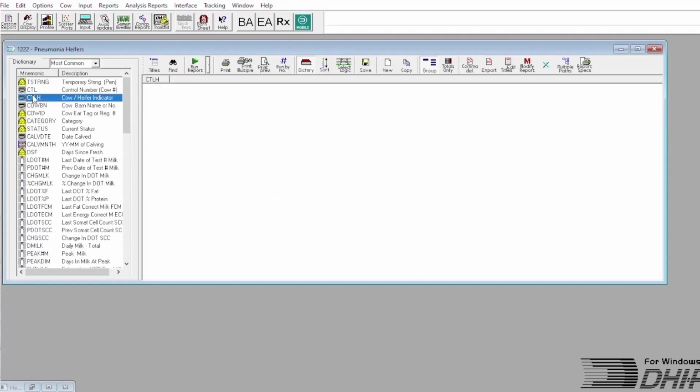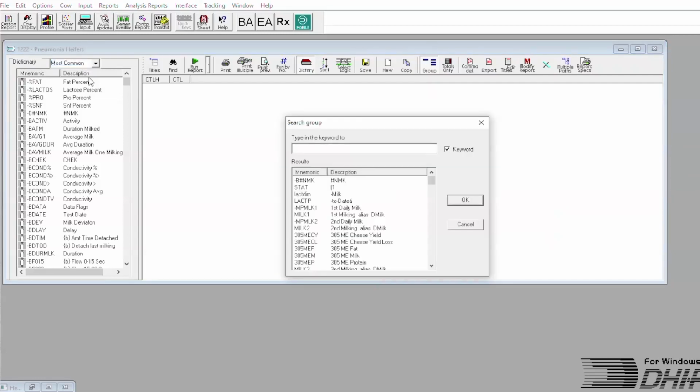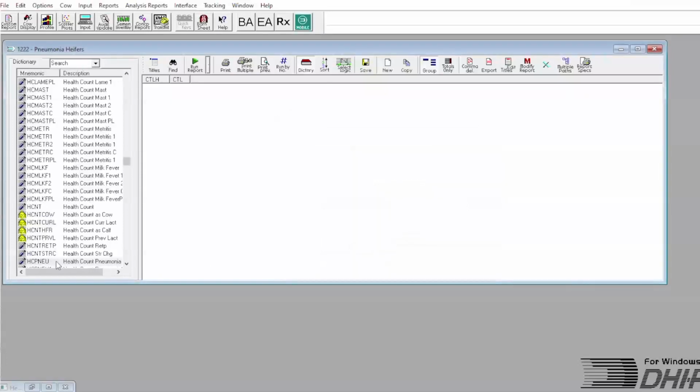Most likely you'll want to see the control number, CTL, and the heifer indicator, CTLH. Type in the word health in the dictionary and it will list all of the items that come up under health. Once you find these, you can click and drag and drop those columns over to your report or double click on them and they will be added.